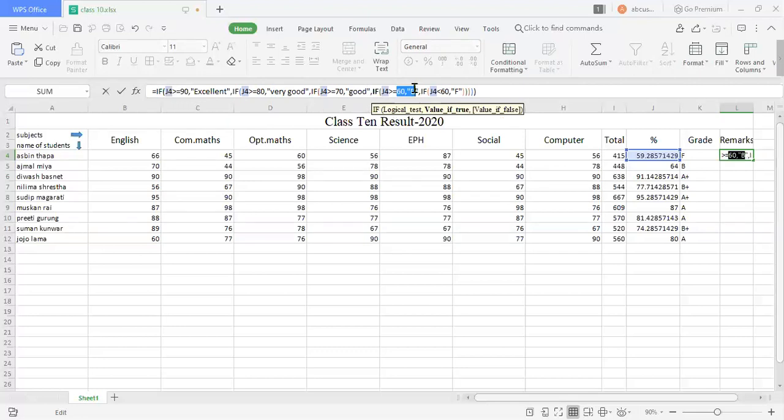If the percentage is 60 or greater and less than 70, then we give satisfactory. And if the percentage is less than 60, then we give insufficient.